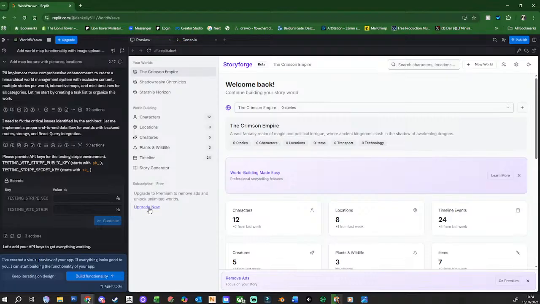By the way, this is the Upgrade Now subscription-free thing. The plan was that this would be a free app that we can put online somewhere, and you'll be able to use it, and there'll be ads on it, and then obviously you can pay a subscription fee to unlock and remove the ads.